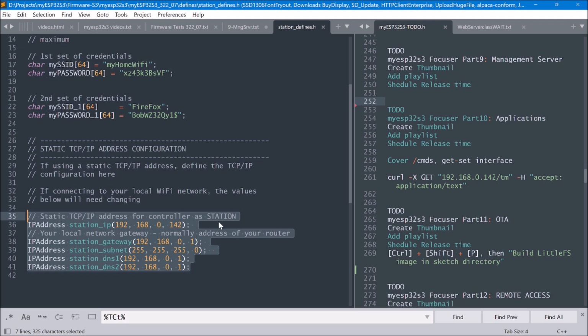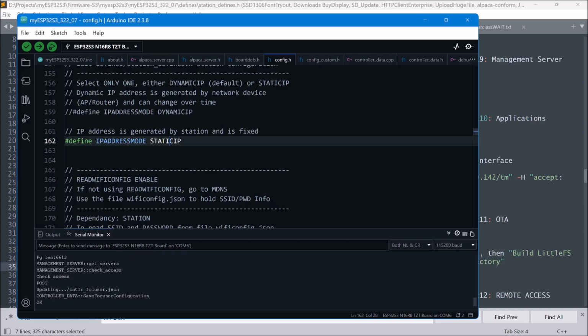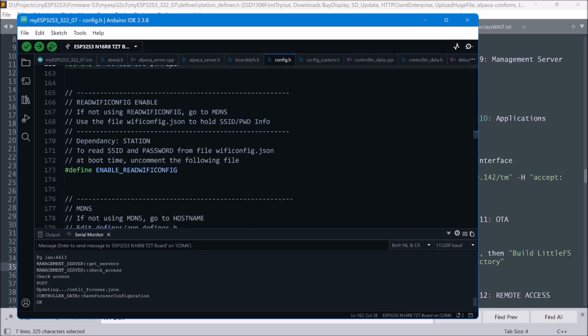So that's going to be sent to the router that is running the network 192.168.0. So after having a look at station defines, we are using read WiFi config enable, and that's a JSON text file,